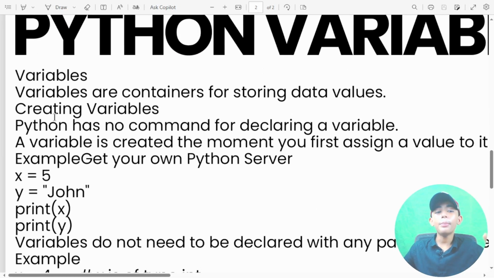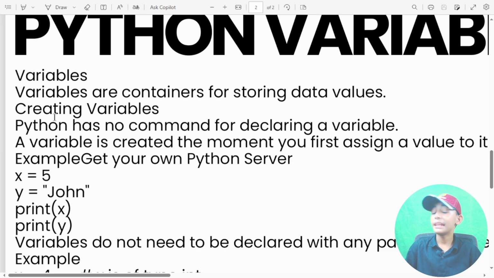Variables. First of all, let me tell you what variables are. Variables are containers for storing data values. Let me give you an example. This is one container, and I am storing data values in it, like this diary. I make this container and store data values in it, then close it. This is called a variable. Like in a sugar box, you put sugar. So the box is the container and the sugar is the data value.